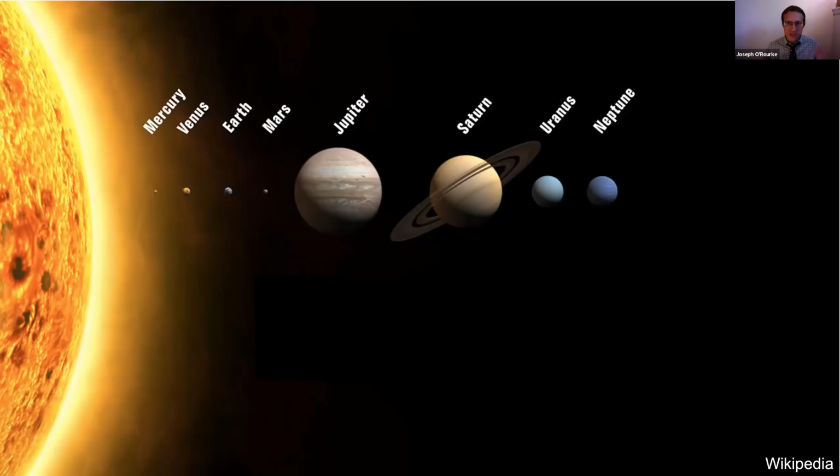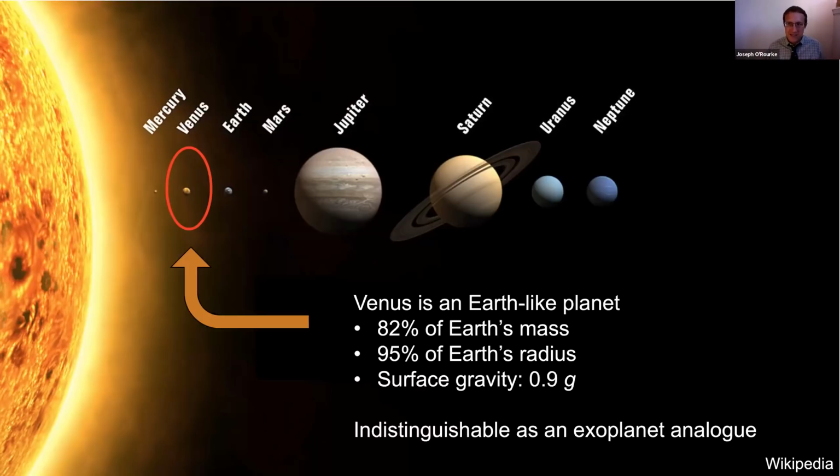And so just to get everyone on the same page, Earth is the third rock from the sun, and Venus is just one closer in terms of the major planets. So if you were an alien astronomer looking back at our solar system with the sort of technology that we have to observe exoplanets today, you would think that this planet Venus is extremely similar to this other planet, Earth. So Venus is an Earth-like planet in terms of all the things we can measure for exoplanets today.